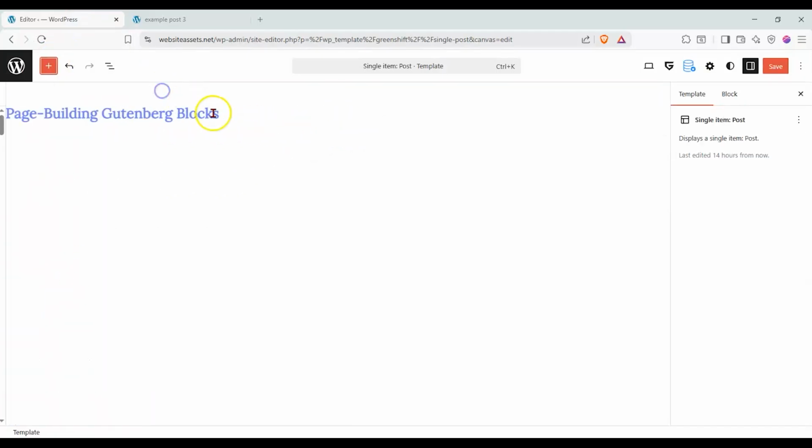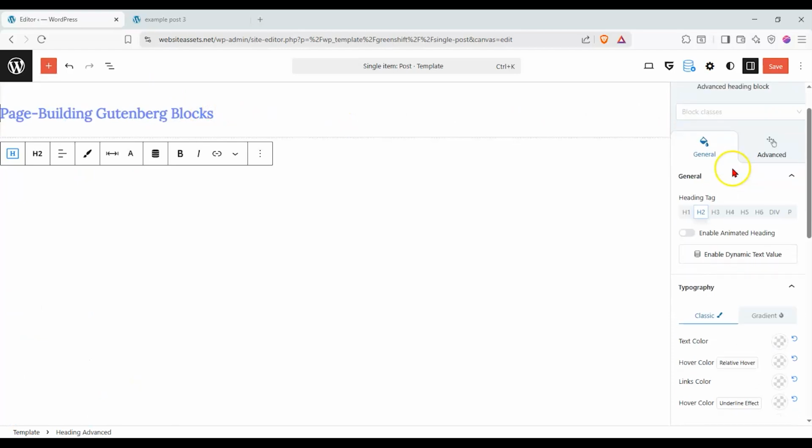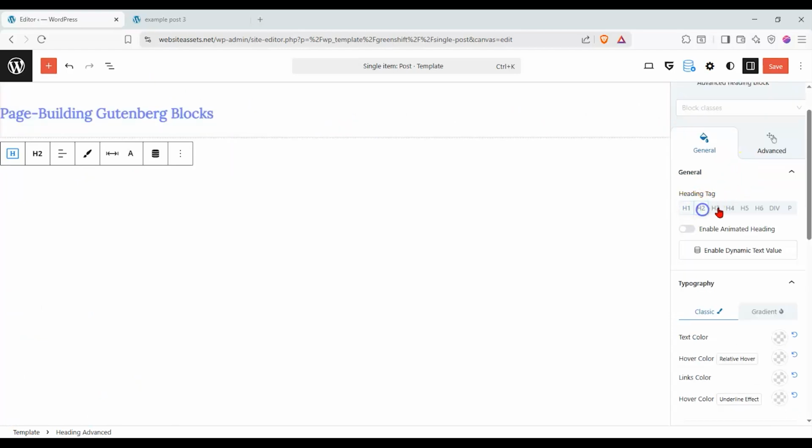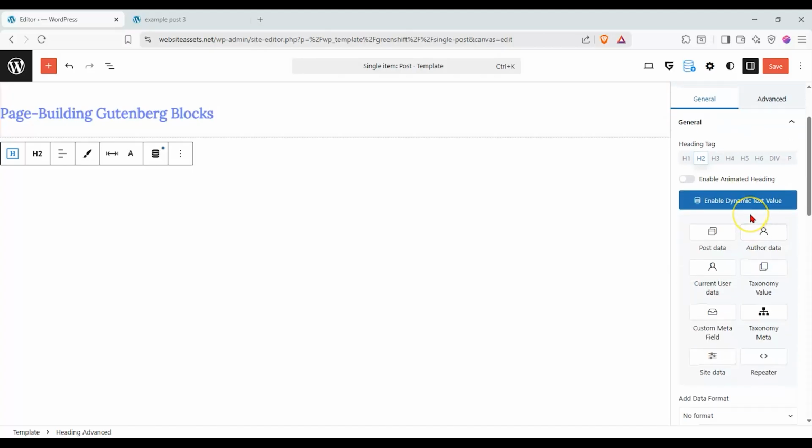advanced heading. Okay. And under the options over here, you can see we have H1, 2, 3, 4, 5, and you can select whatever it is and you can put in your custom text. We have a video all about this. And over here, we have the option to enable dynamic text value. Click on that. Now, if it says enable if this isn't available, it just means that you haven't enabled your